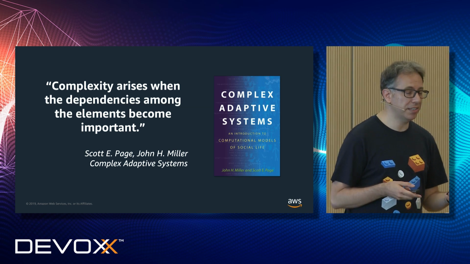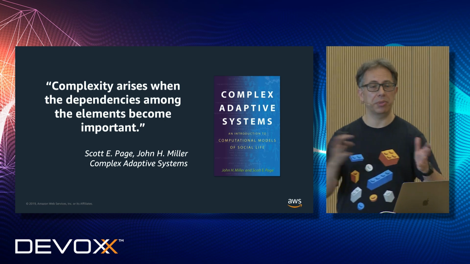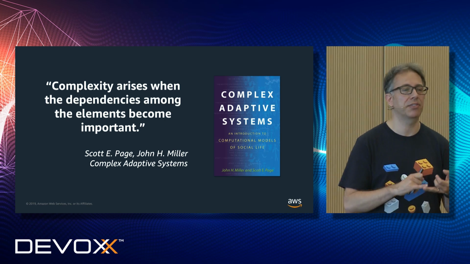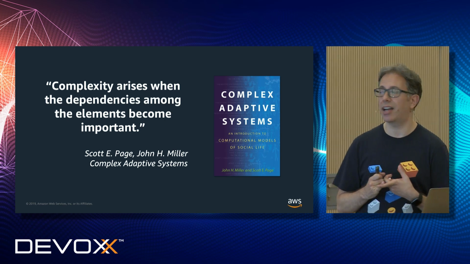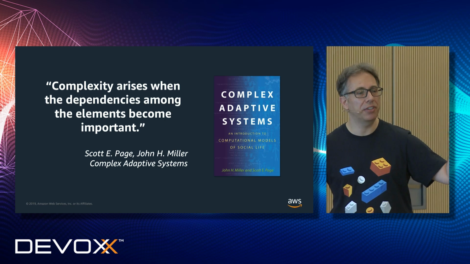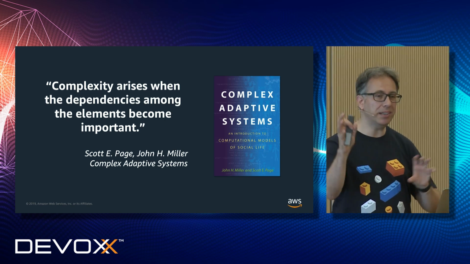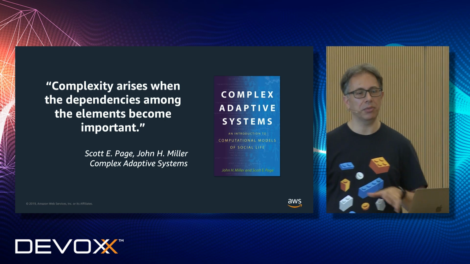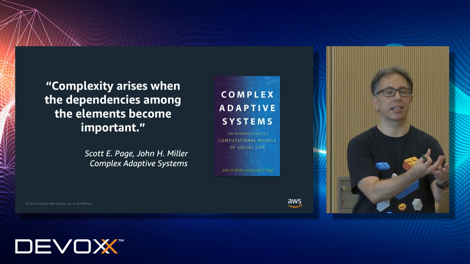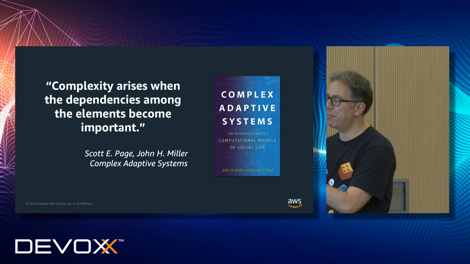So complexity is actually now a science that has been developed in the latest 20 years, a science going across mathematics, physics, biology, social science. And one thing that we found across all these different fields is that when there are dependencies among the components of something, this creates complexity. Normally, you get emerging behavior that you wouldn't expect. And I think this is the same problem that we have with